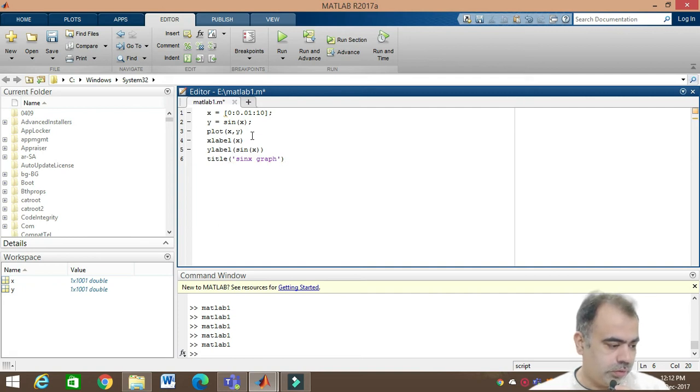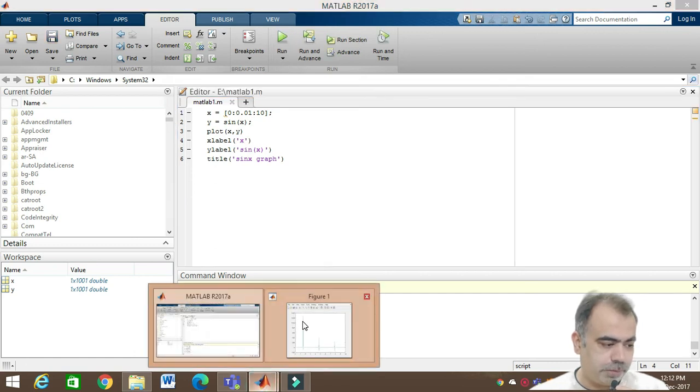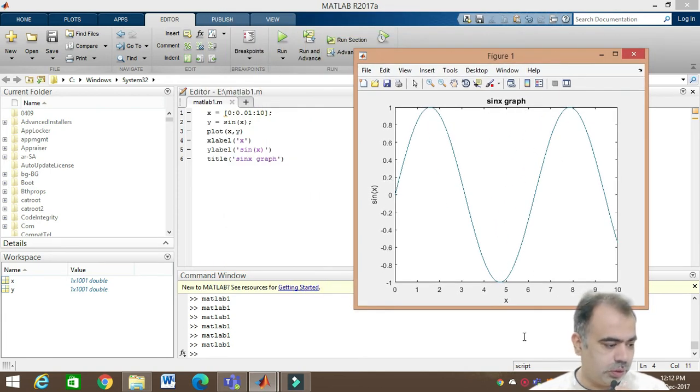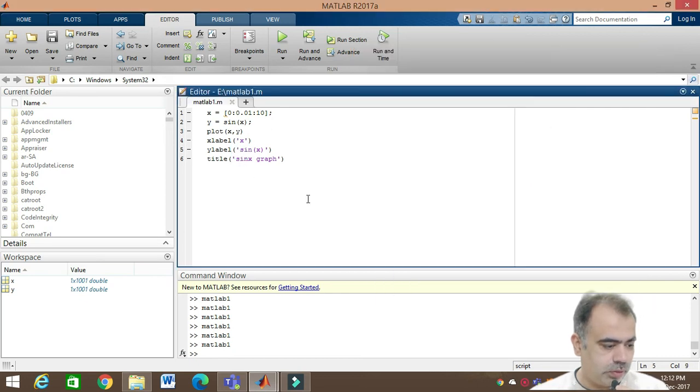One very important thing: whatever title you want to give, it must be in single quotes. Similarly, the ylabel must also be given in quotes. Whatever text you want to print, you have to give it in quotes. Once you run this, you see there is a sine graph, with x on the xlabel and y on the ylabel.